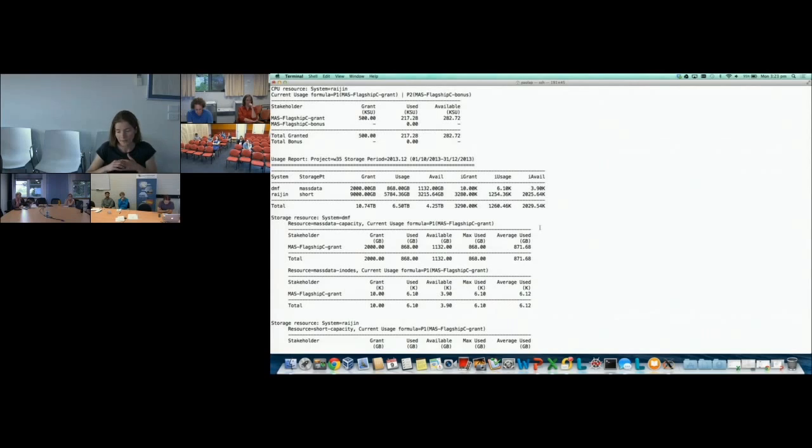This isn't always a very good way to calculate it, because you might have a project that has a lot of data output but doesn't need much CPU time. So if that's the case and you want to change this, you need more space in /short. Let us know, because they're open to change that and adapt it to different workflows, different needs.